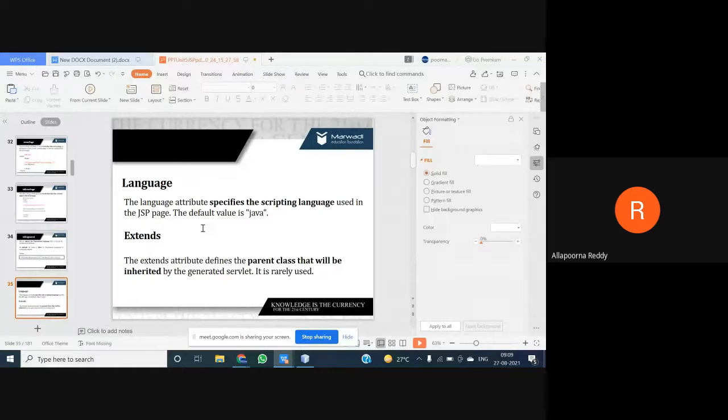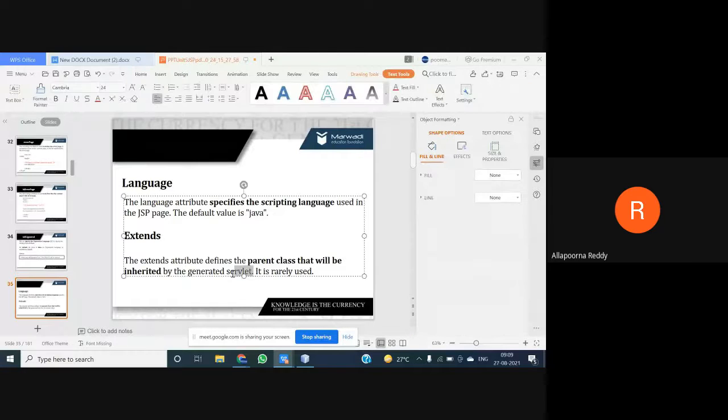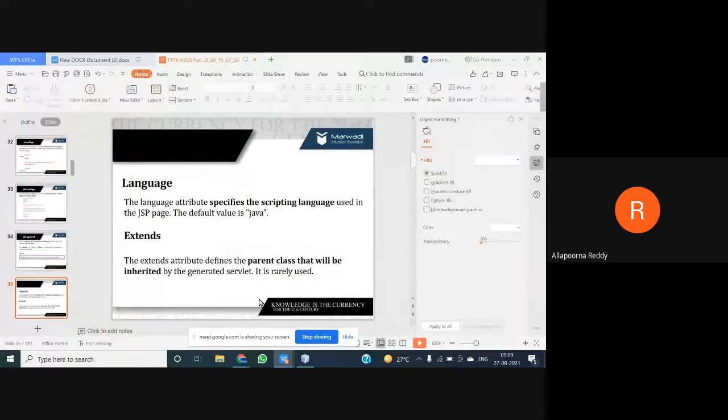Mostly this concept is used in servlets. In JSP not that much, because there is no requirement to go for any extension here. By default it is already an extension of servlet, so we don't use it. But you should understand the purpose of extends.